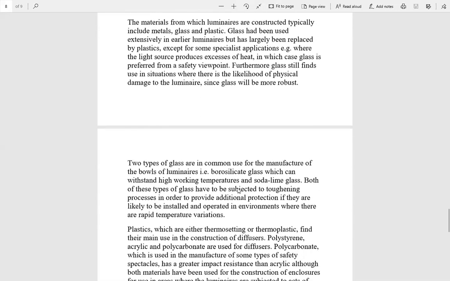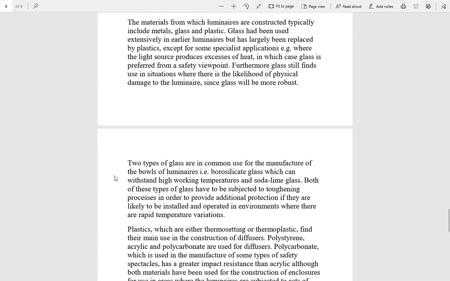Luminaire materials. The materials from which luminaires are constructed typically include metals, glass and plastic. Glass had been used extensively in earlier luminaires but has largely been replaced by plastics except for some specialist applications, for example where the light source produces excess heat, in which case glass is preferred from a safety viewpoint. Furthermore, glass still finds use in situations where there is the likelihood of physical damage to the luminaire,